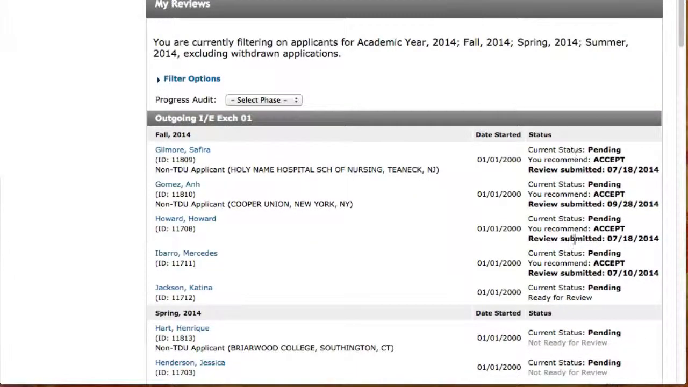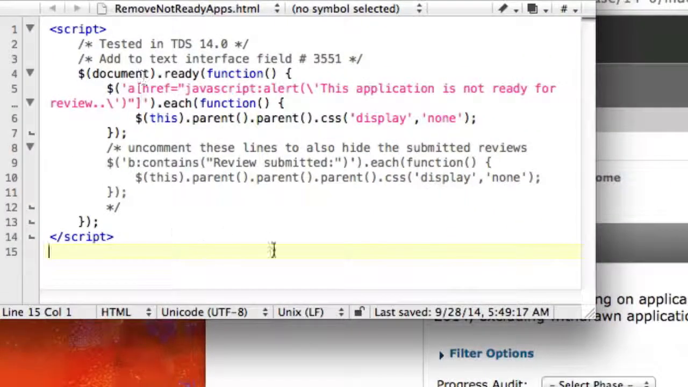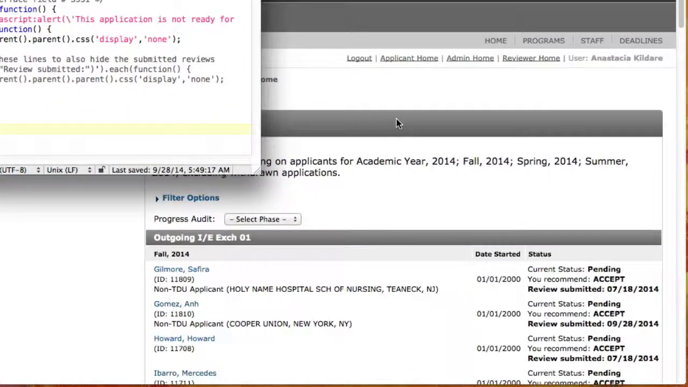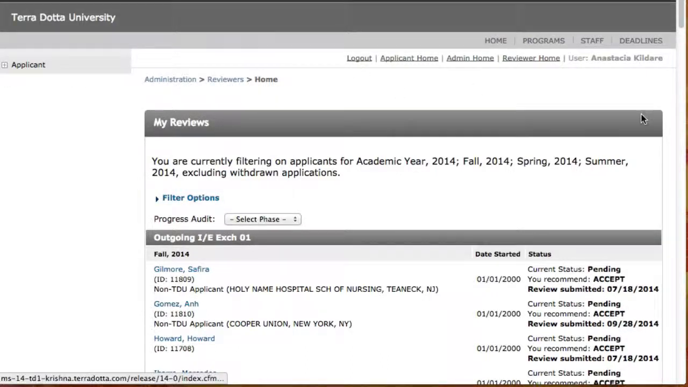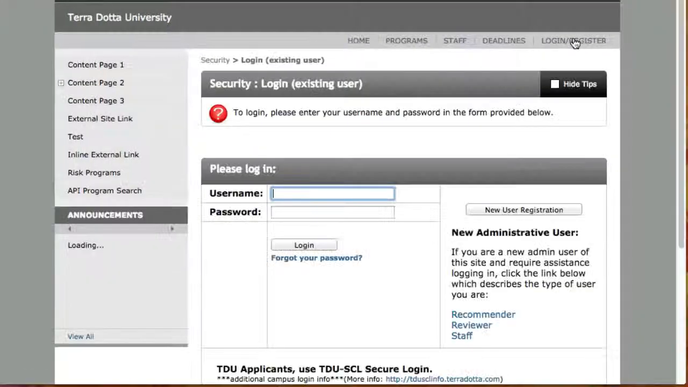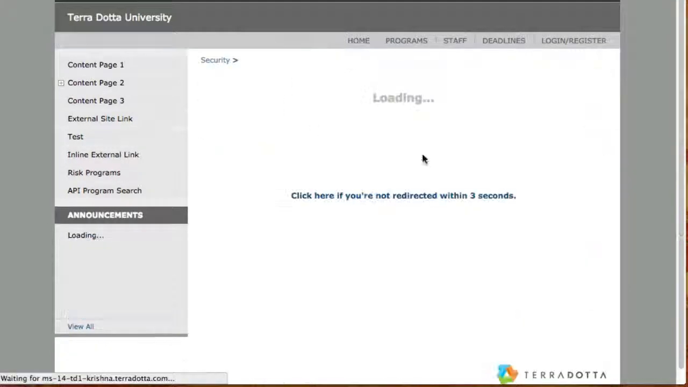In addition, you also have all these applications where they have submitted reviews, and those are displaying in here. So what I've put together is a pretty straightforward and easy to use script that can be pasted into the text interface, and it will remove either just the ones that are not ready for review or both the ones that are not ready for review, as well as the ones that have already been submitted. So to actually put this in effect, though, I do need to log in as a user with full access to the site. So I log in as a support user with our password,